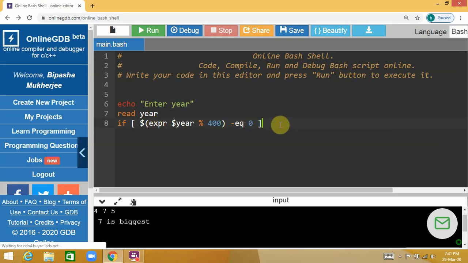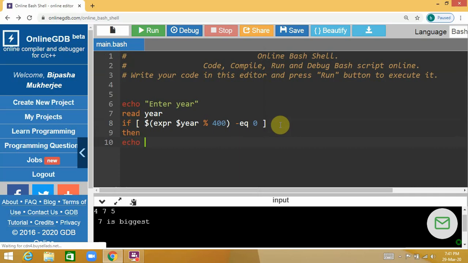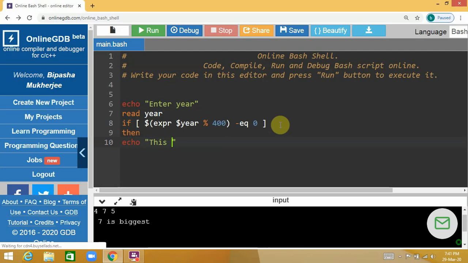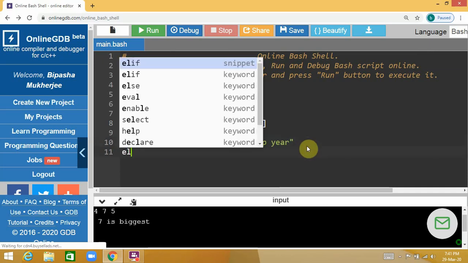If it is, then it is a leap year. Fine. Next, else,